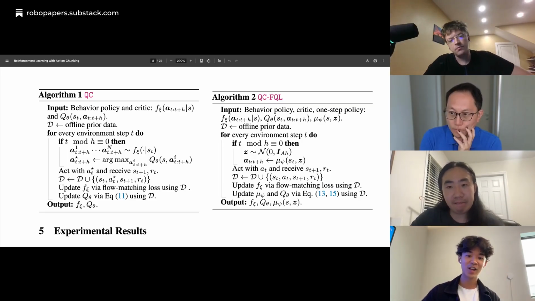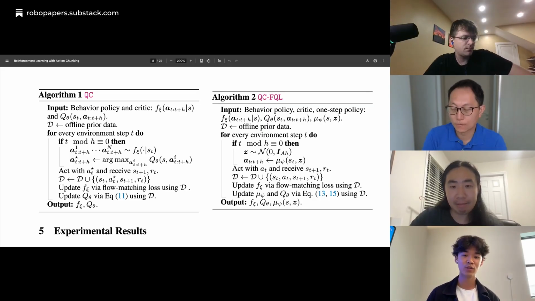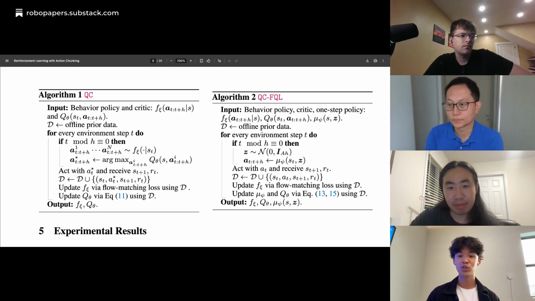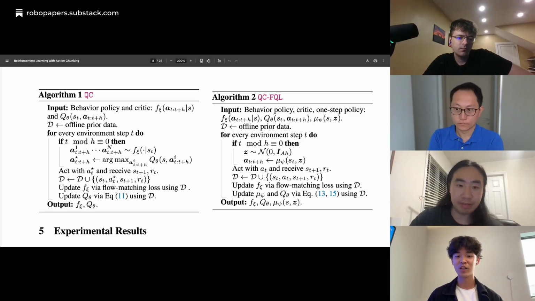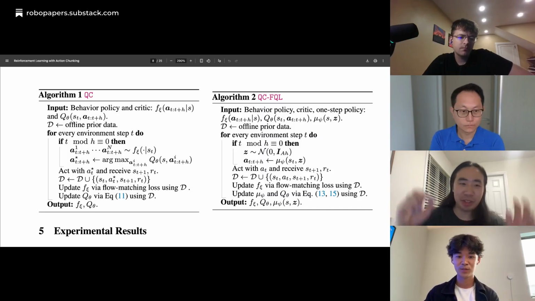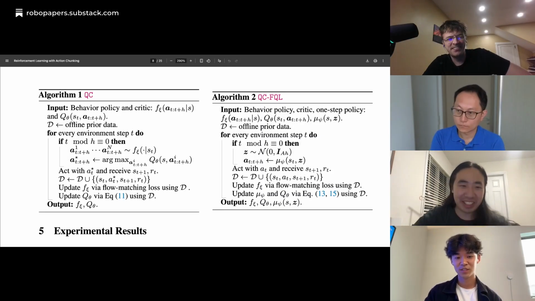So you could see this as a method that takes a pre-trained behavior cloning policy, trained exactly like how all robot models are trained today, just imitation learning with action chunks. And then you can do Q chunking on top of it to improve it with reinforcement learning. Q chunking means doing chunk critic, chunk policy, and using an expressive policy.